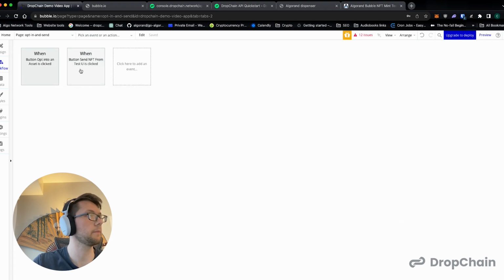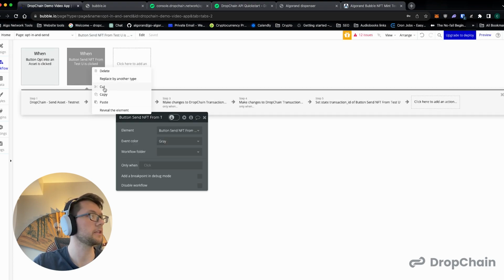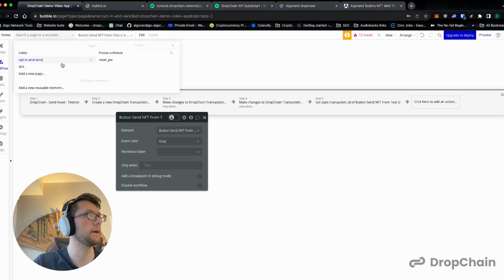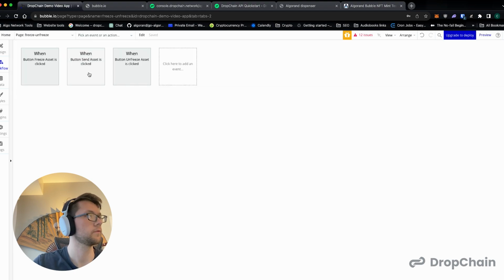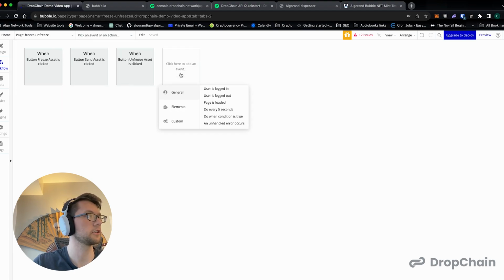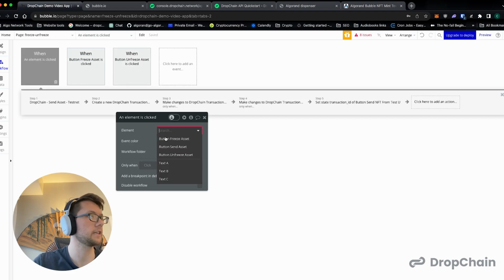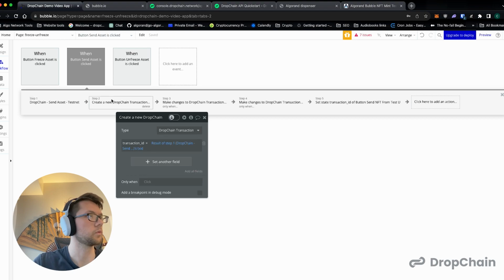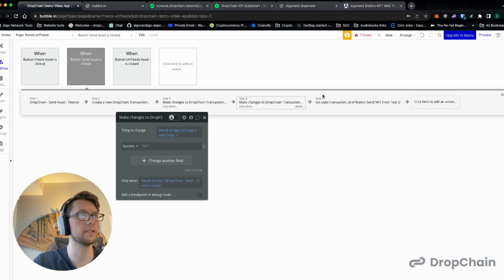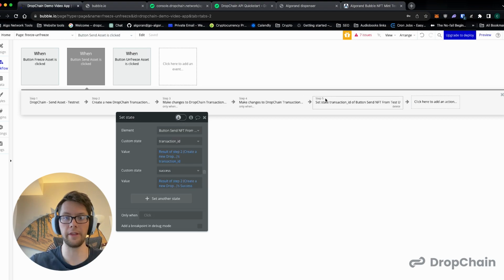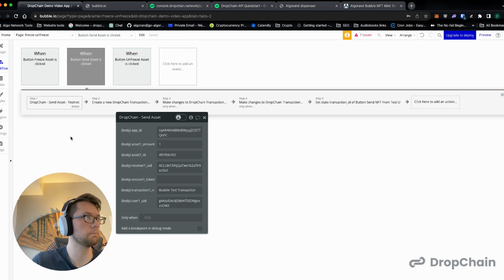So I'm going to go here. I'm going to copy this workflow. I'm going to go back to freeze and unfreeze, and I'm going to paste it. I'm actually going to delete this send asset thing we just made, and I'm just going to attach it to send asset. And really, this is just using the stuff we already made in the previous section to implement the process of sending an asset